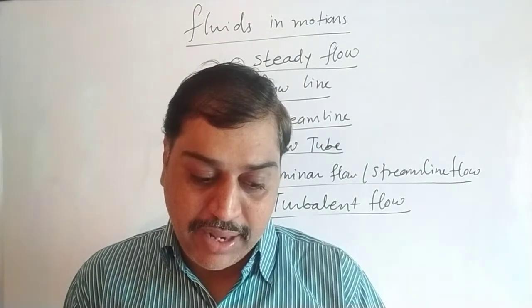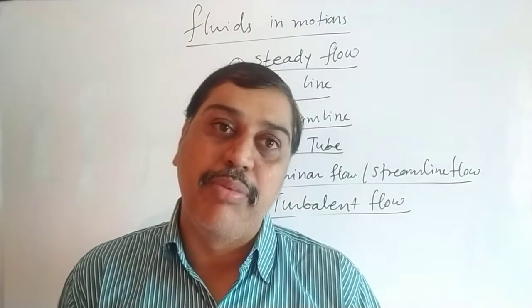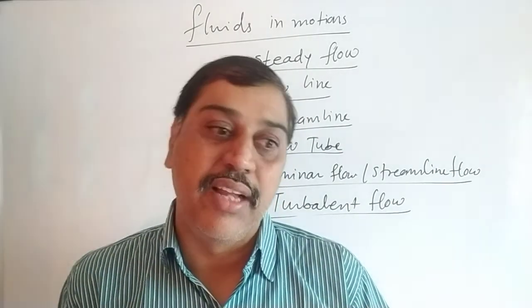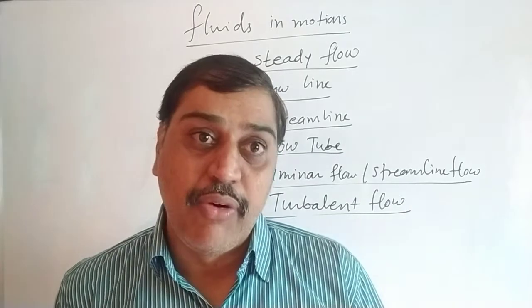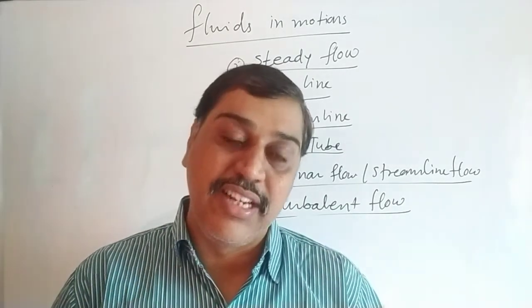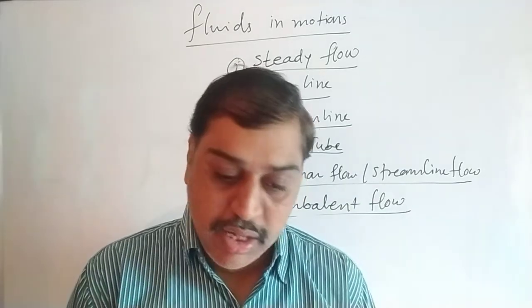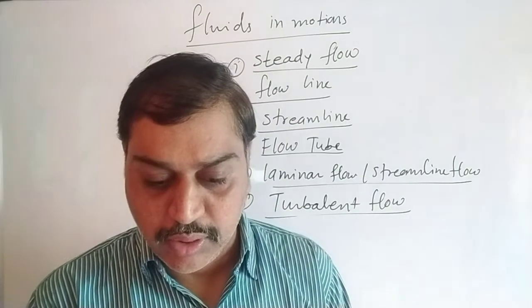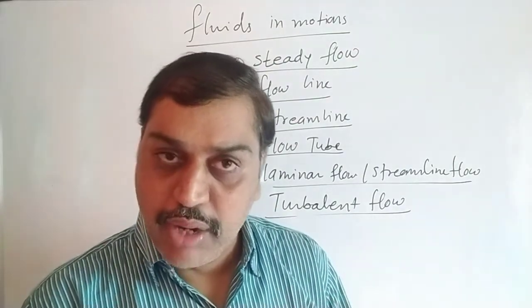So here the flow pattern changes continuously. One of the best examples they have given: in a flooded river, suppose in the rainy season there is a flood in the river, the water is flowing very fast and quickly with variable velocities, and that type of flow is nothing but turbulent flow. The same thing they have given in their book, the two diagrams they have shown. Streamline flow and turbulent flow.